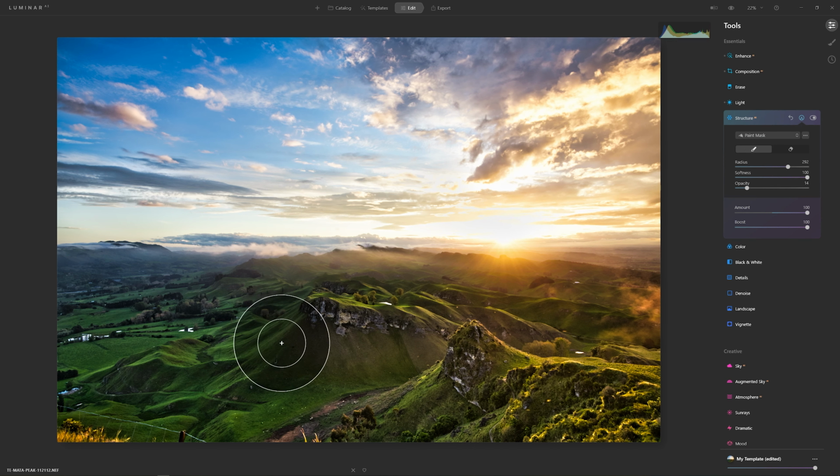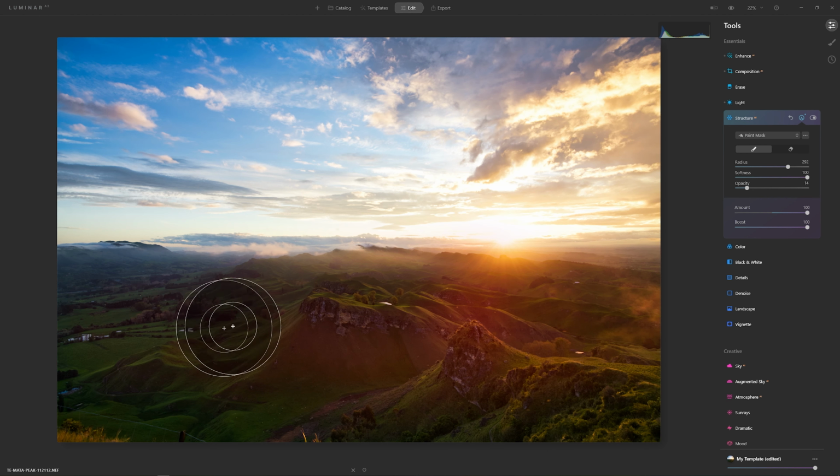So looking at the screen, I've decided that I really like what's going on in terms of the local contrast between the highlights and the shadows in this foreground, but I don't really like what it's doing to the clouds. It's just making them a little bit too crunchy. So I'm going to click once, and because I'm only at 14%, I can basically build this effect up by